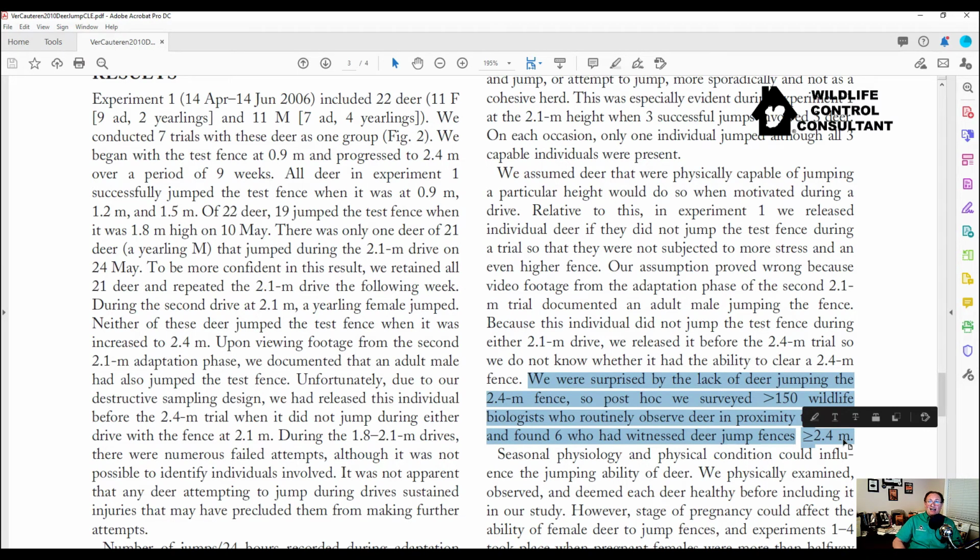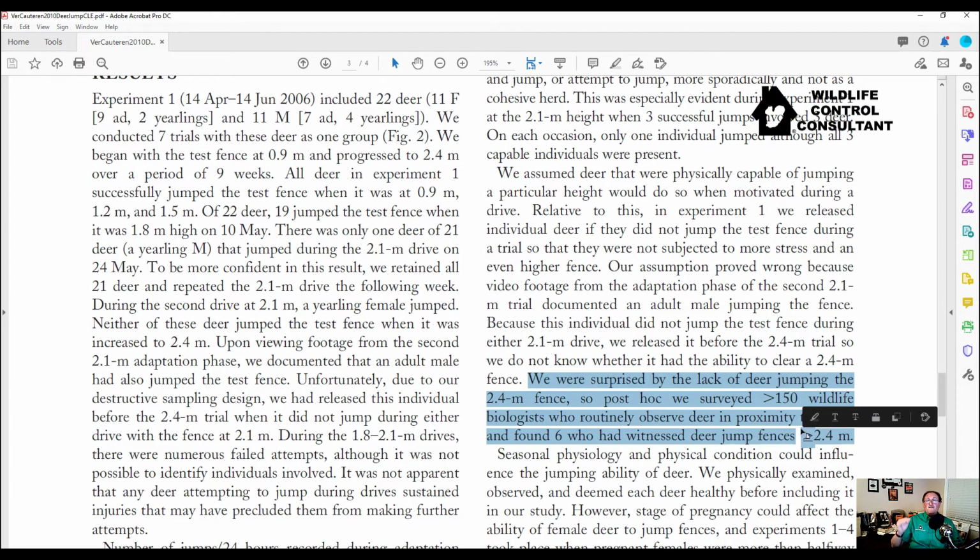So when you have a client saying, how high does my fence need to be? You're going to say 8 feet, but understand when push comes to shove, some deer may jump that. So if the person tells you, I have to have 100% assurance a deer will not jump this fence, then you've got to make sure you're higher than 8 feet, or you construct that fence with some distance to keep a deer away from jumping that fence.